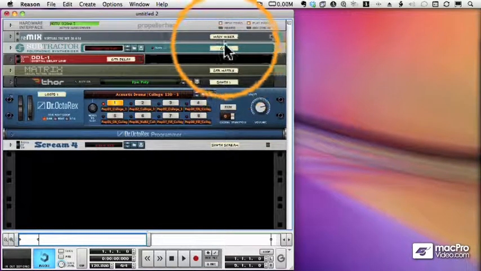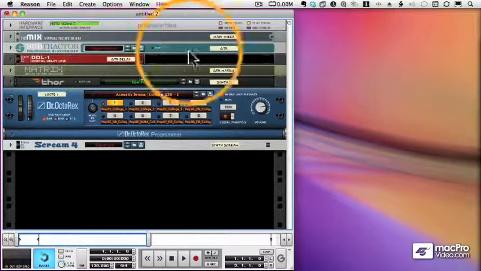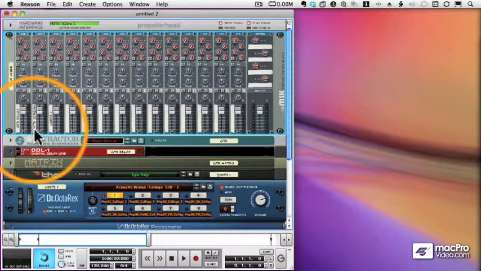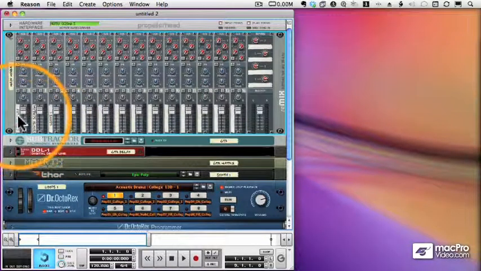Now, I'm doing something here which I mentioned before. I'm naming all of the devices in the device group with the same prefix, and that makes it very easy to determine what is going to what fader in my mixer. Otherwise, I just see delay or Scream, and I don't know what it's controlling. So it's a good idea to use prefixes where possible, and you can certainly get away with shorter abbreviations than